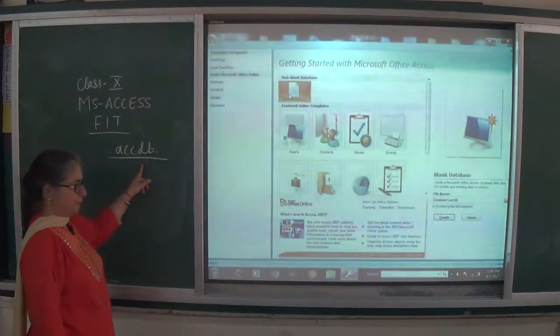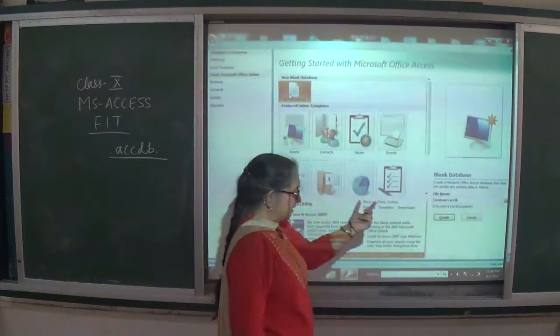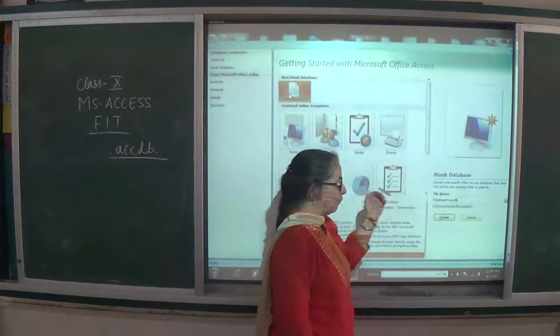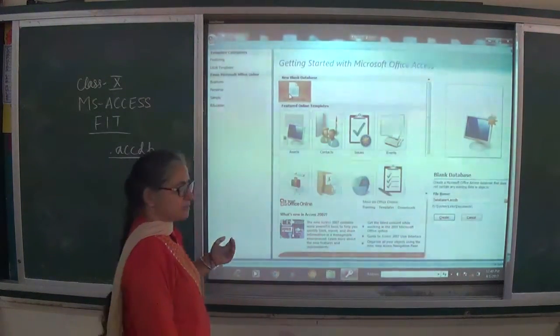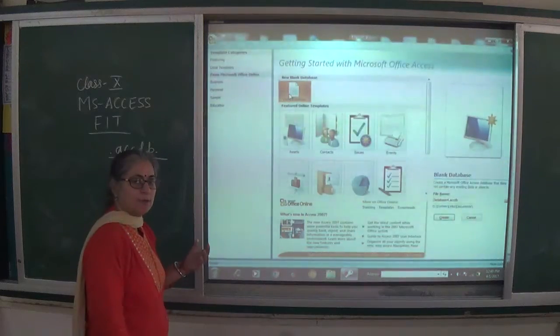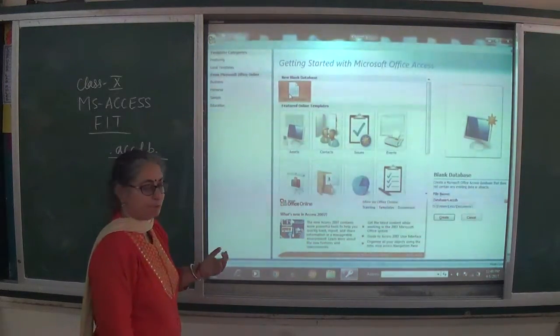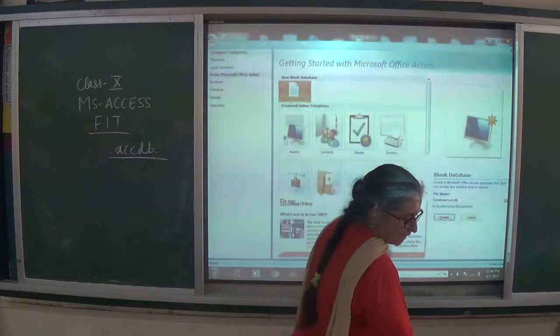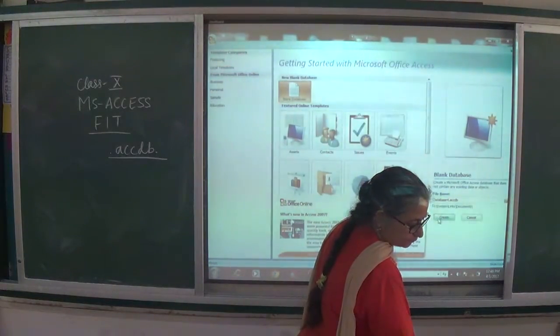This you should always remember. Then Database4 is the default name given by the system, but we can also change this name and give our own understandable name. And then we'll press the button create.